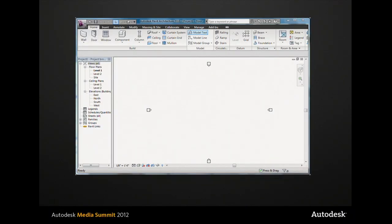CAD tools today, or design tools, are incredibly powerful. They can help us experience very complex ideas before they're real. And they can coordinate the activities of huge crowds of people to turn those ideas into a manufactured or built world. But all of these very powerful tools have one simple shared problem, and that's that they start as a